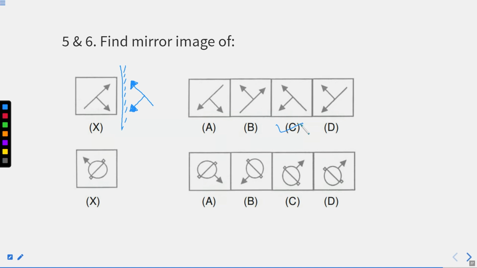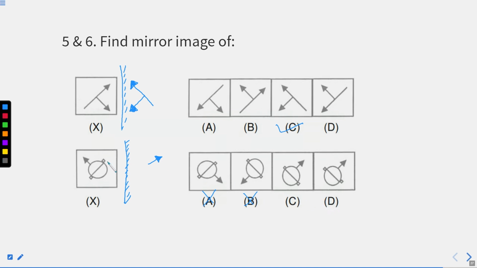I hope you're not finding any problem with this now, right? Now we'll have some other question. The procedure will remain the same. This is the mirror part, right? Now draw it again. You can see that the arrow is pointing away from the mirror. Here also it will point upward and away from the mirror. Just check where this arrow is. Is it in the first option? No. Is it in the second option? No. Yes, it is there in option number C and D.